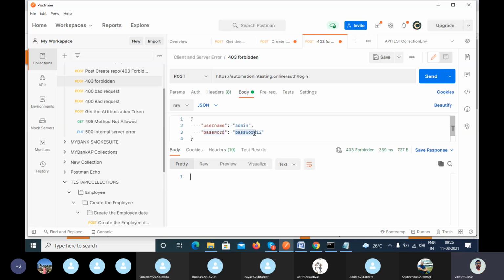If I pass username admin and an invalid password, the server will not find both things, using the AND operator. So the developer has implemented it like that: if any of the things does not match, then return 403 forbidden.